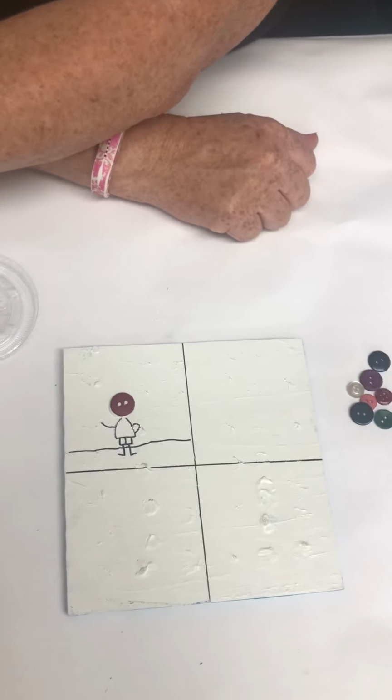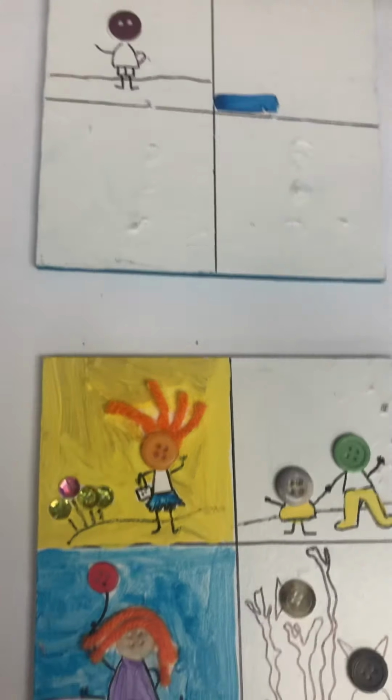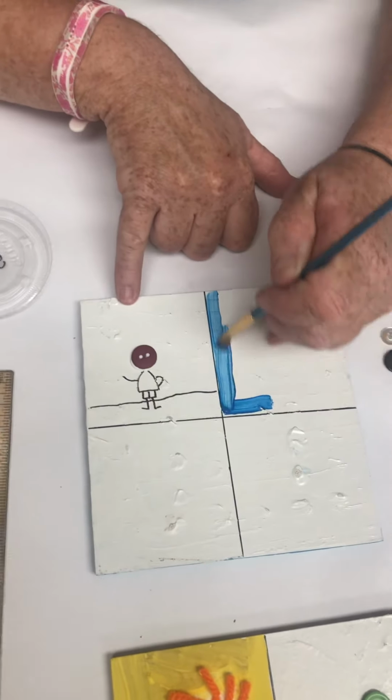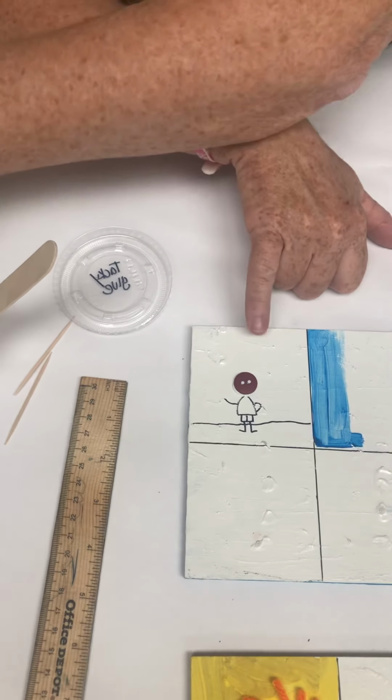So you could paint it ahead of time. That's like what we did on this square right here. We painted this square ahead of... Oh no, you did, I did it after. I did that one after because we didn't decide until then. So you could paint ahead of time and let it dry and then come back to it to add on your characters. Or you could paint